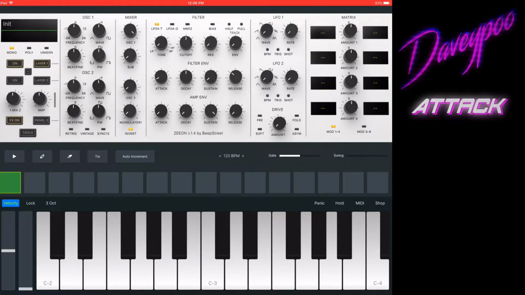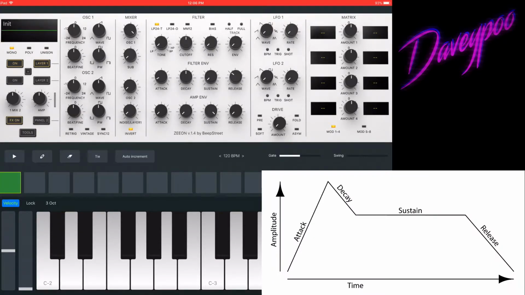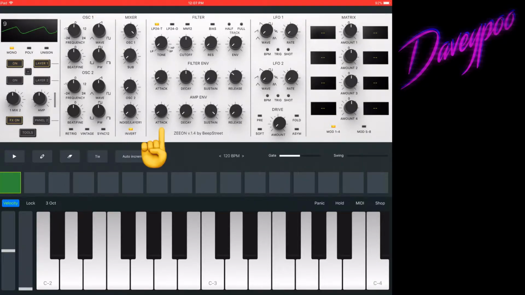Attack. Attack is how quickly the sound starts when you hear the note. So I can press a key. I've got my Keith McMillan keyboard mated up here just for the ease of use. Okay, so we're going to start with just a totally plain, well, I'll go with the triangle wave. So when I press a key, you immediately hear a sound. That means the attack is 0. There is no attack. The instant I hit the key, the instant the sound starts. Now, if I dial, and you can see the attack is here,